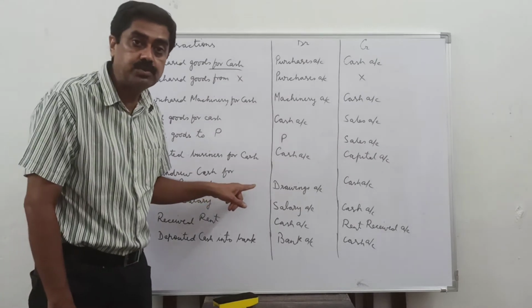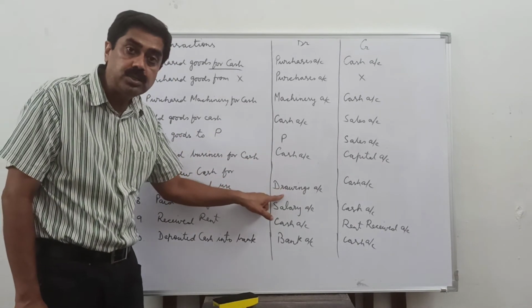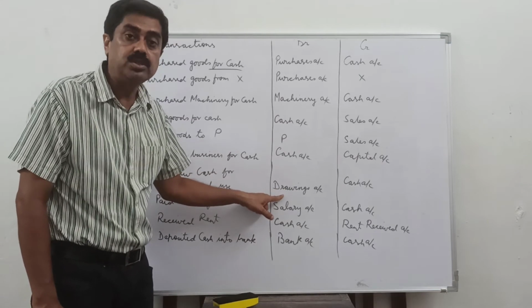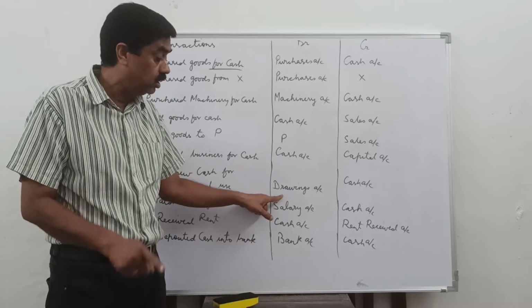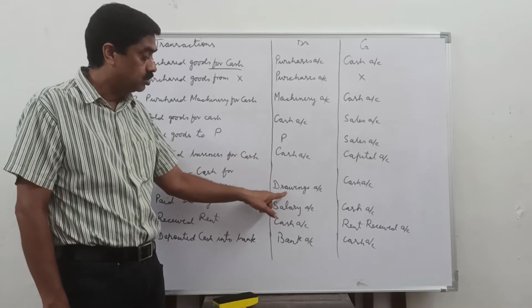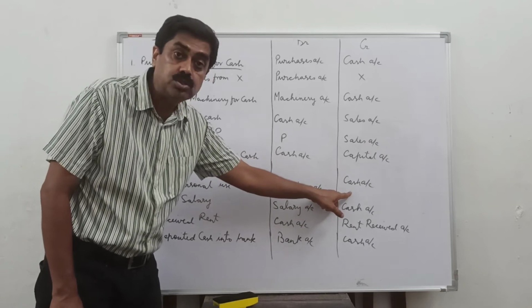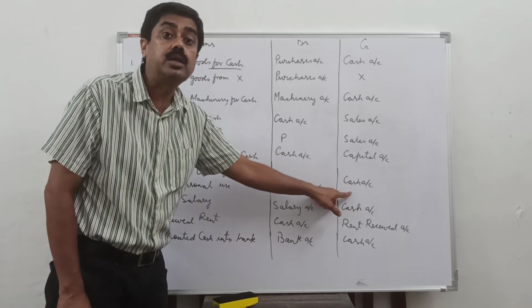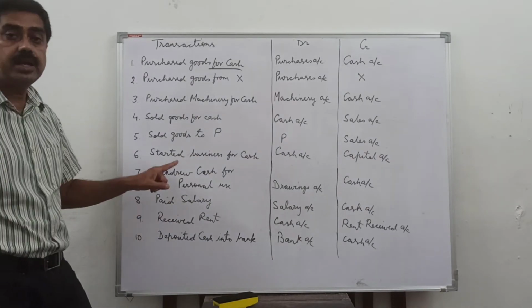Now the proprietor is withdrawing money for his personal use. Debit the receiver. He is a person, so he is receiving money from business point of view, not from his point of view. From business point of view, you have to think you are representing the business. So drawings account will be debited, debit the receiver, and cash is going out from the business, real account rule, credit what goes out.